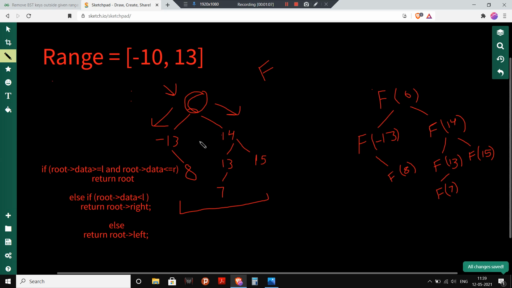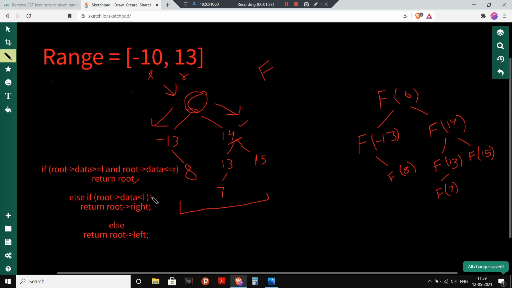While iterating, the name of the node is root. If the root's data is greater than or equal to L, and that data is less than or equal to R, since this is my L and this is my R, that is, my data is in between the range, then I will return root.